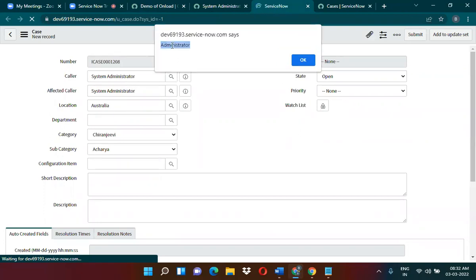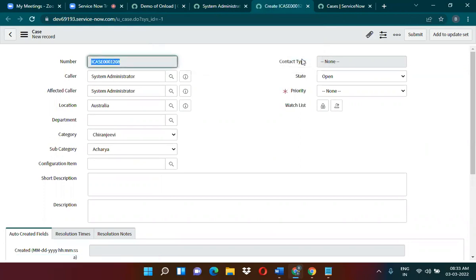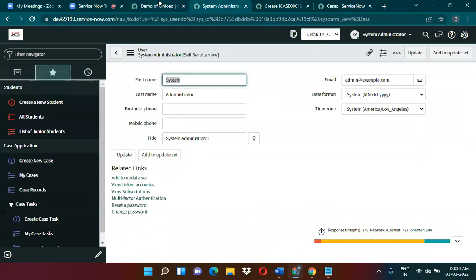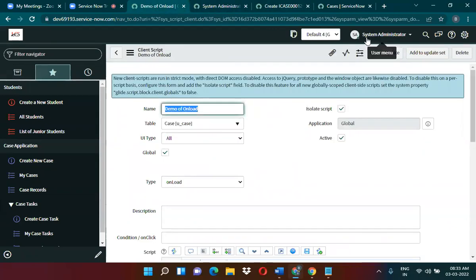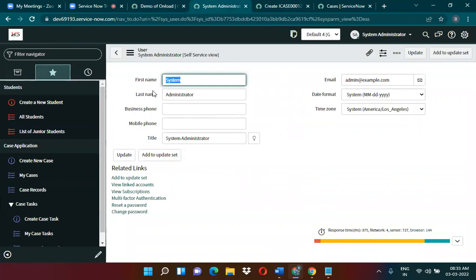So what is the last name? Current logged in user last name? Administrator. So current logged in user first name is system, last name is administrator. You can see here first name, last name. So if you want to get the full name,